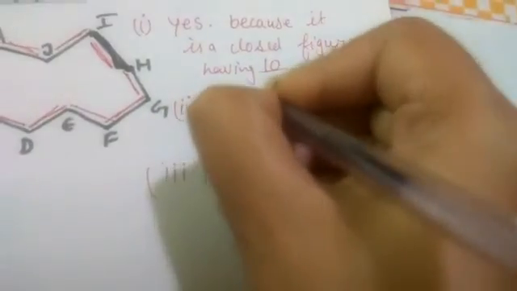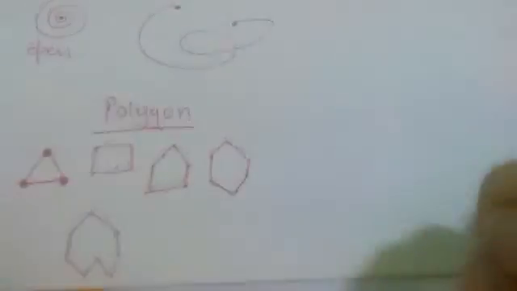Now come to the second question again. How many sides and vertices are there? Sides, how many sides are there? 10 sides are there. And next question they have asked how many vertices are there. Now I think you know what vertices are. Those students who don't know, I am telling. Now see, these figures I have drawn, right? So what are the vertices? These corner points are known as vertices.